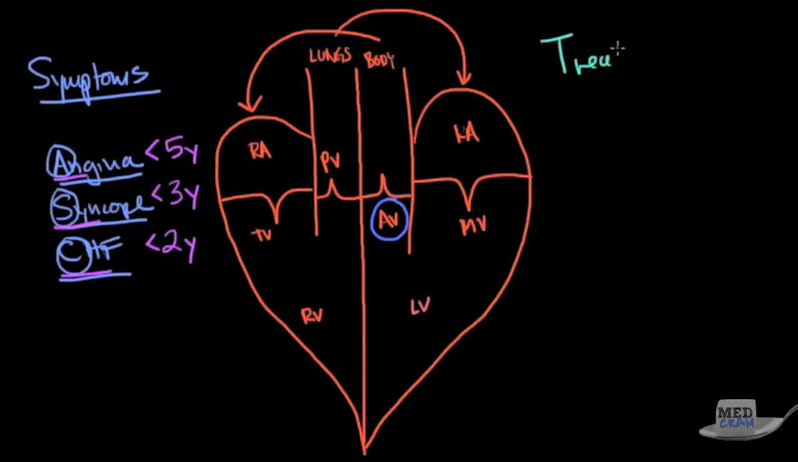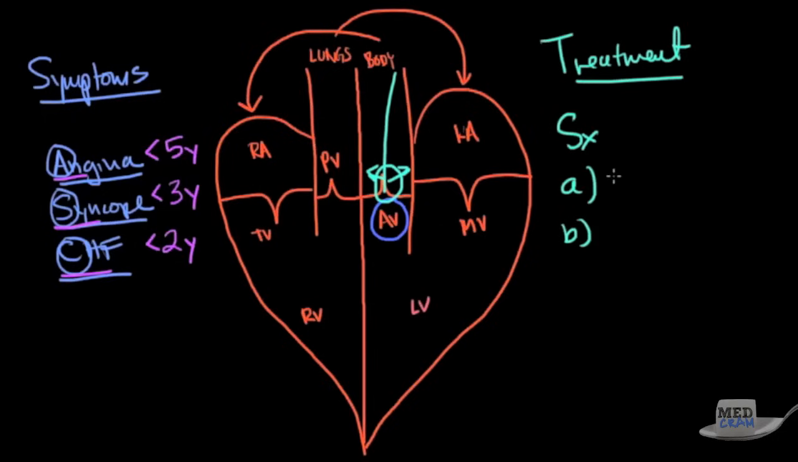So finally, what's the treatment? Well, they do things called balloon valvuloplasty, where they actually put a balloon in here and try to open it up. But this is only temporary and it really doesn't work. The best treatment is actually surgery, and there are two options for surgery. Either you can do something called a bioprosthetic valve,